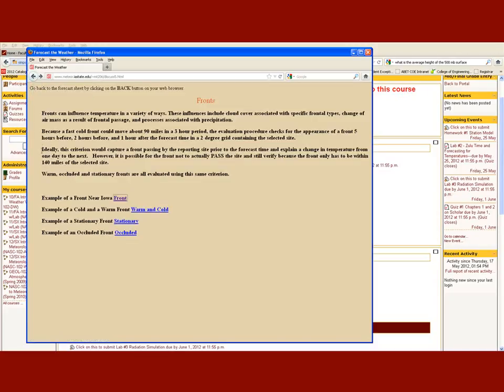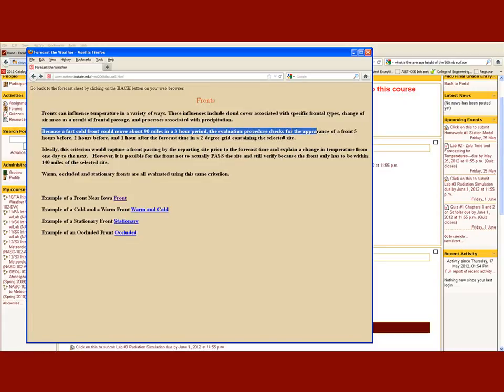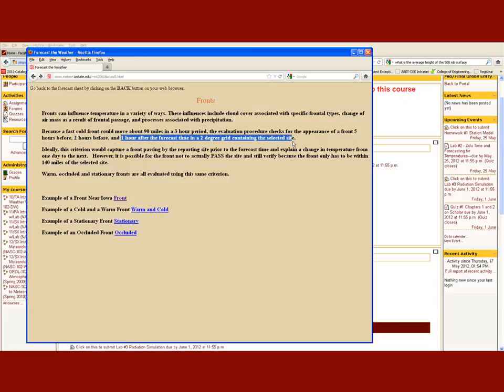Specifically, let me back up here a second. It talks about a fast-moving front. Let's assume it moves about 90 miles in a 3-hour period. Then the program checks for the appearance of a front at specific times: 5 hours before 12Z and 18Z, 2 hours before 12Z and 18Z, and 1 hour after the forecast time, basically in the state